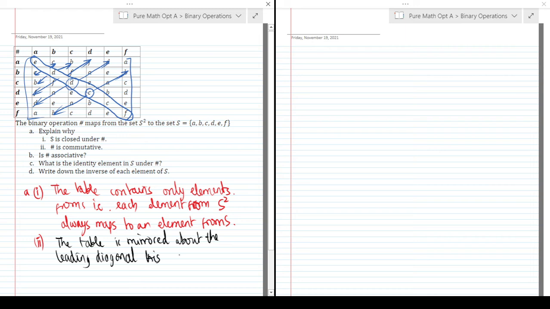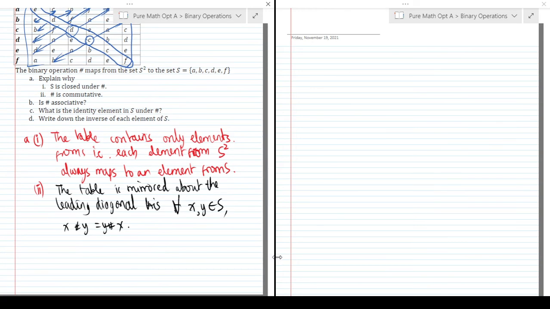Thus, for all elements belonging to S, for all X and Y belonging to the set S, X hashtag Y is equal to Y hashtag X every time, right? If you switch around any ordered pair like that, they both map onto the same thing, right? So you could say it like that. You could also say that